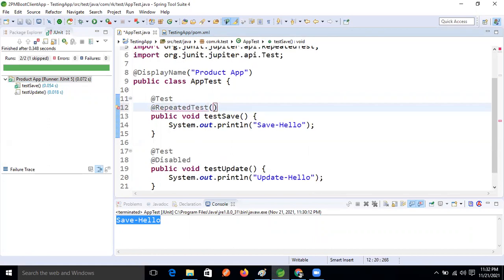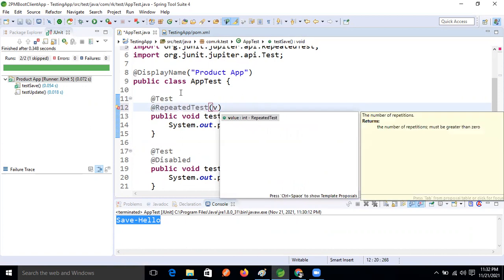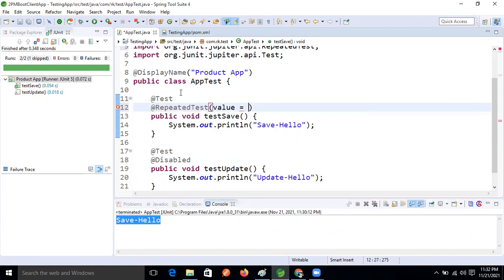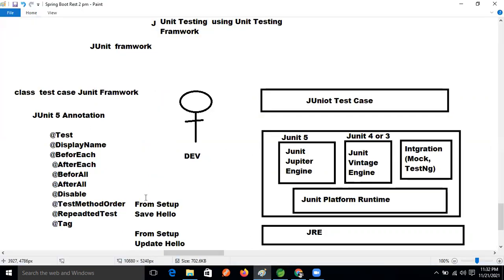And how many times do we need to repeat this method? We give value equal to 3. I want to repeat this hello 3 times. Whenever we test a batch API, at that time we use this @RepeatedTest annotation.